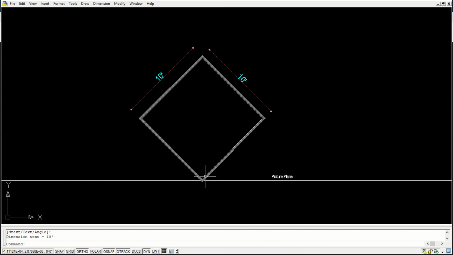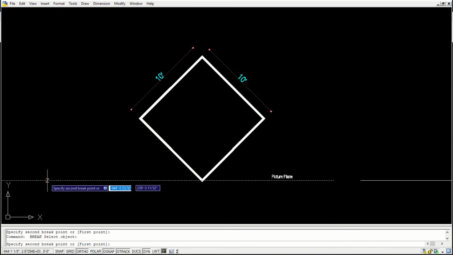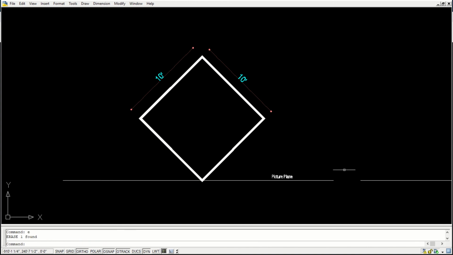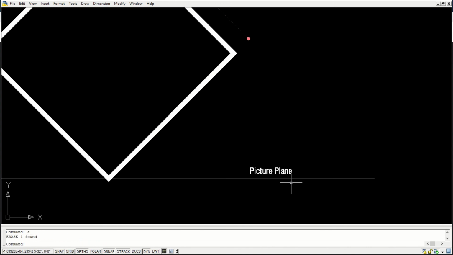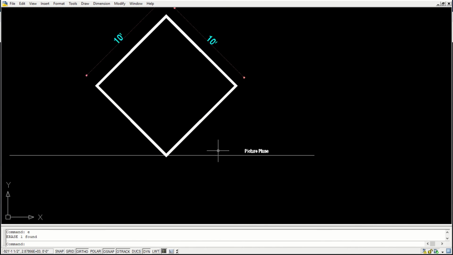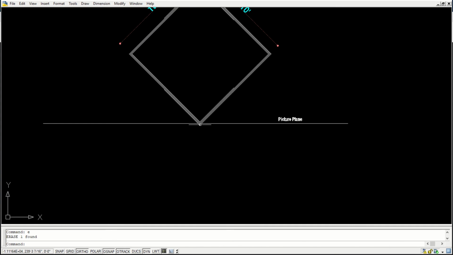Okay, so we have this object here which is 10 feet by 10 feet. One of the edges is touching the picture plane, and I have been saying this previously as well: any object which is touching the picture plane is where we will be able to measure the actual size of the object.